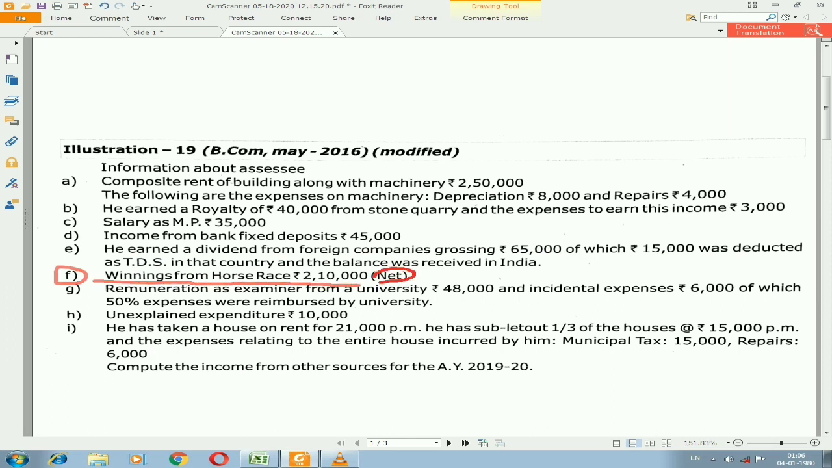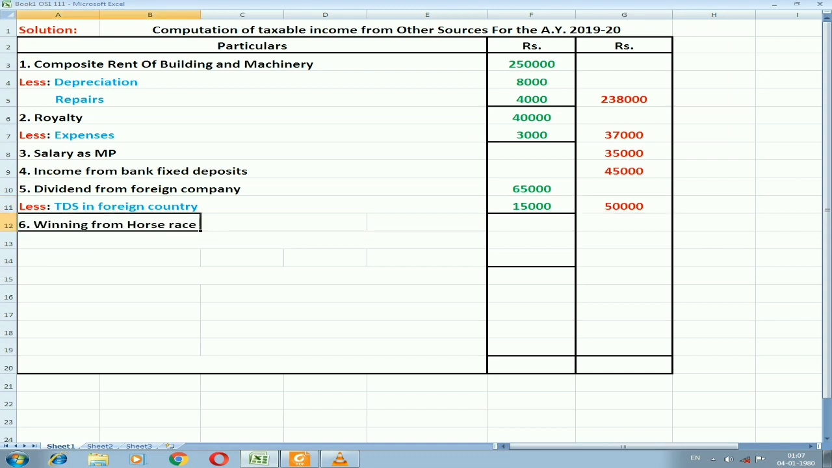If they mentioned it as net, then we are supposed to do a compulsory gross up. So we need to do the gross up. Horse race is a casual income. We are supposed to take 30% as TDS. 2,10,000 into 100 divided by 70, that is the gross up. We'll get 3 lakh in the amount column. Then the next income we have in the illustration,